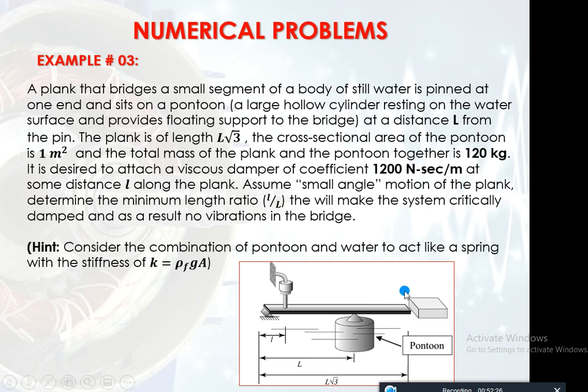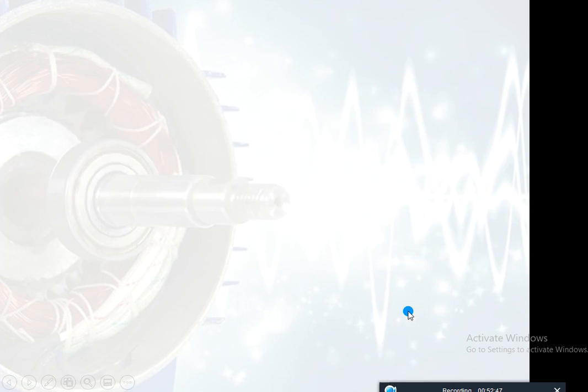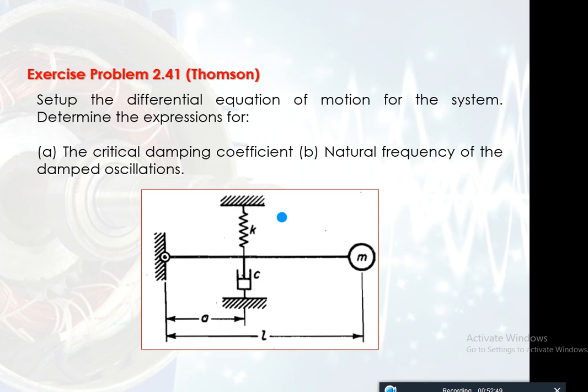because here we do not have any point mass. So we will be putting I is equal to ml square by 3 here, and in the point mass case we will be putting I is equal to ml square. So first of all, let's solve this numerical and then we will go for the bridge design numerical.